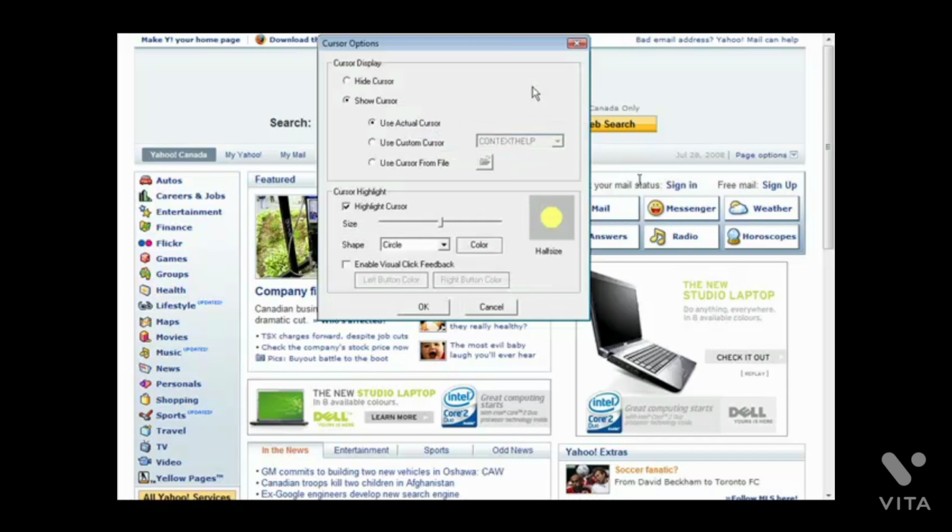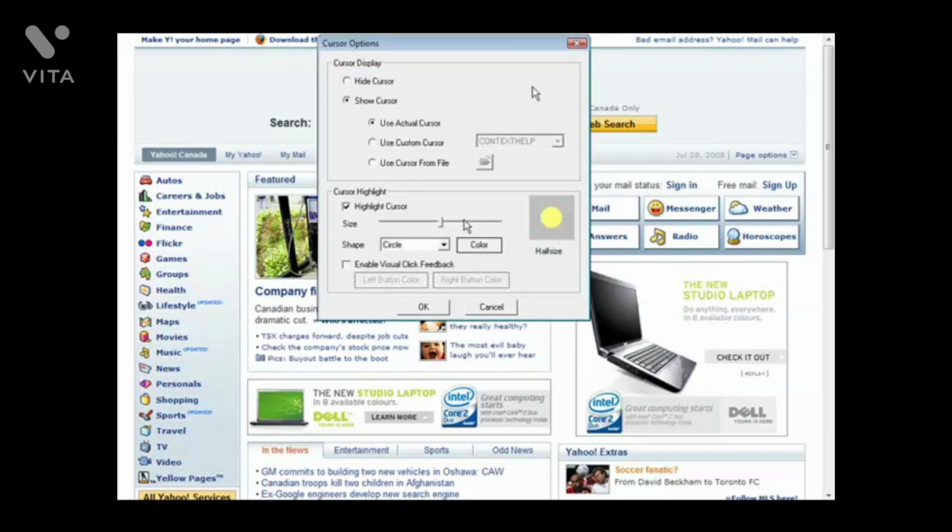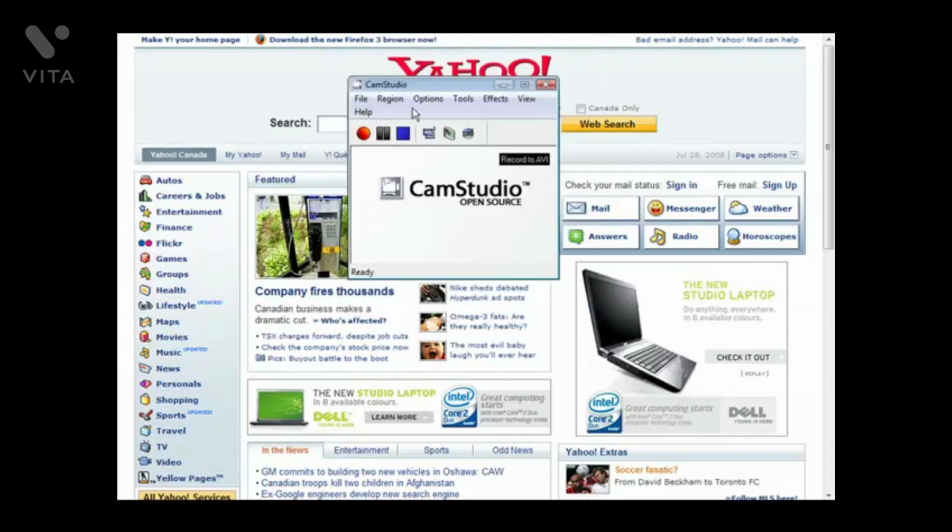Next, cursor options. In here you can either hide your cursor during your recording or show your cursor, you can set the size of the cursor, and you can set the style of your cursor over here. So you can give it a shape if you want, like so, and then it'll show up a little easier if you want to use this, and then of course you can set the color in here. If you don't want to use that, just turn off the highlight. Yeah. And once we're done there,